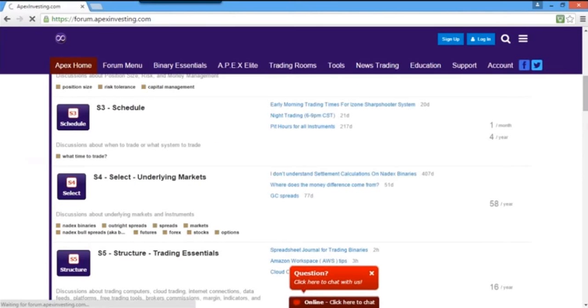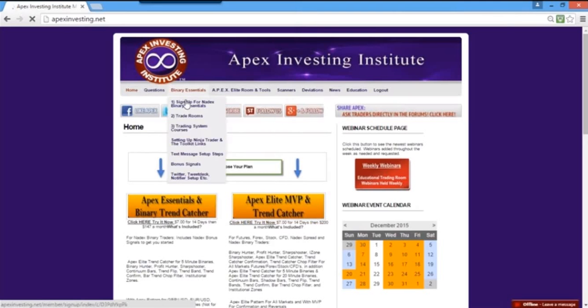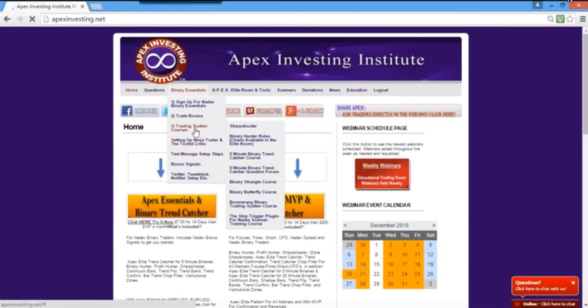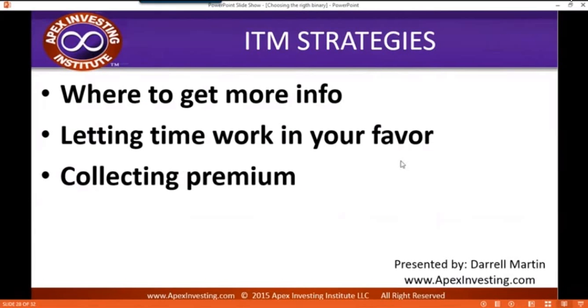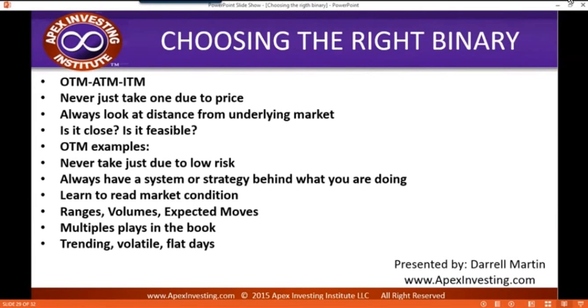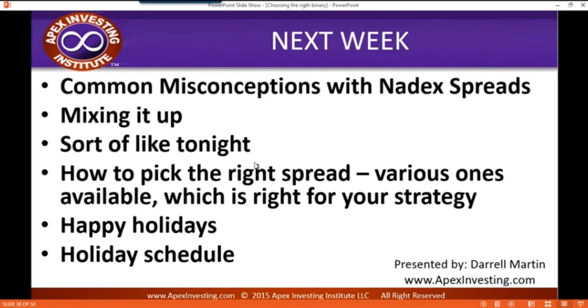And again, if you're here on the Binary Essentials tab, trading system courses, out of the money, at the money, in the money binaries, how they work. I've showed you where you can get more charts, indicators, strategies and systems. Don't just randomly go buy or sell stuff because you like a price or you like the low risk. You really have to understand that each one is there for a different reason. There are different times to use out of the money binaries when it's volatile and moving. There are different times to use in the money when the market can be flat. Next week, we're